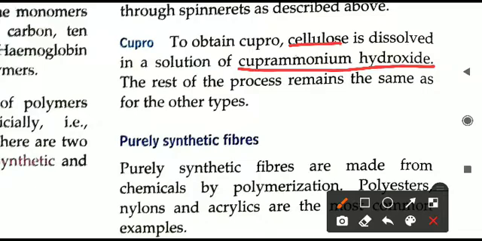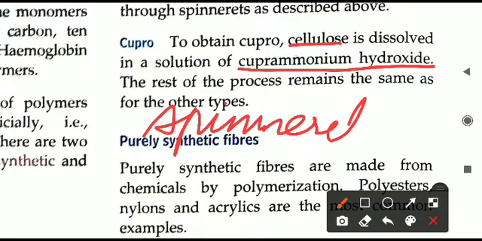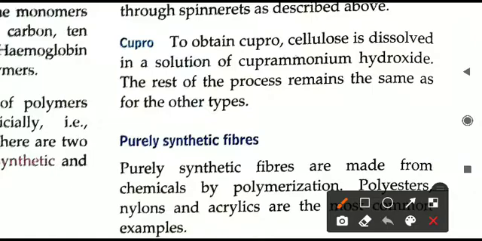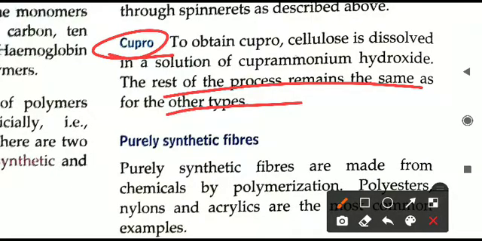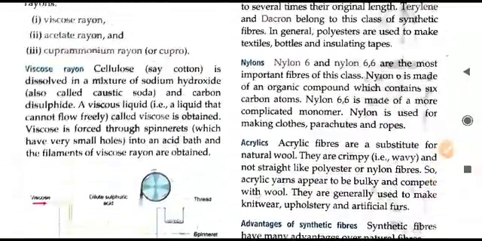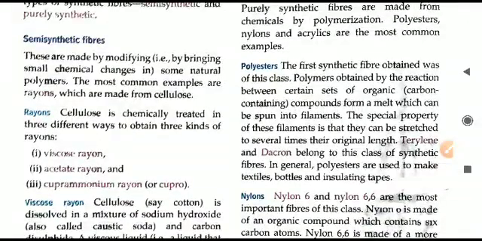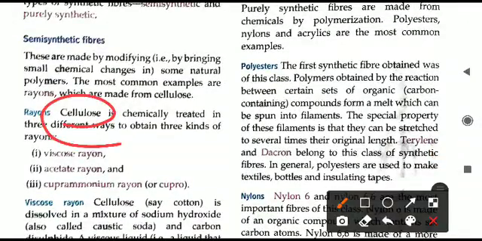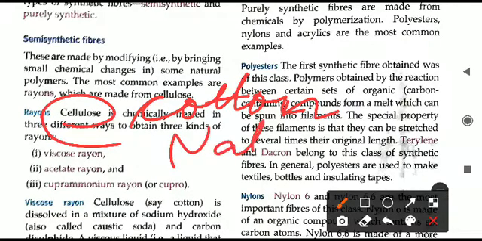A new solution will form, and then again we will take the spinneret. Through the spinneret, when the mixture is passed through that, then we will get the cupro fiber, or cuproammonium rayon is produced as a result of that. So these are the three small methods of obtaining the different types of rayon, and in all of these we are using cellulose, or in other words we can say we are using cotton, and cotton is a natural fiber. We are using a natural fiber to produce rayon,